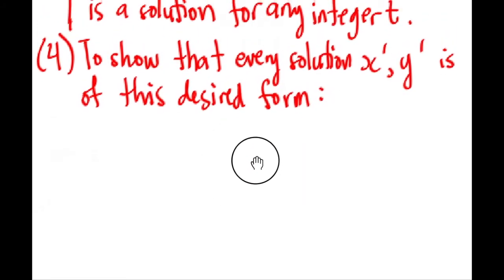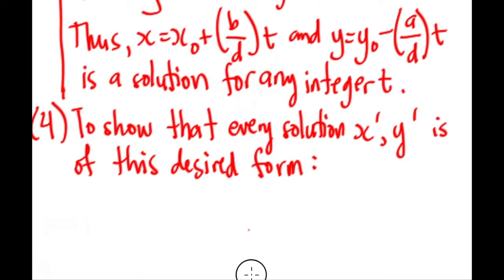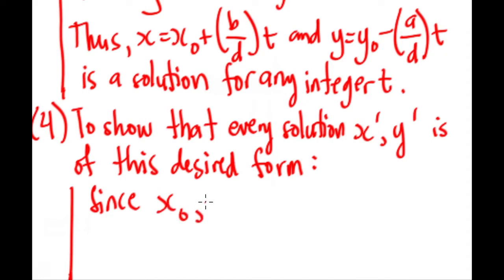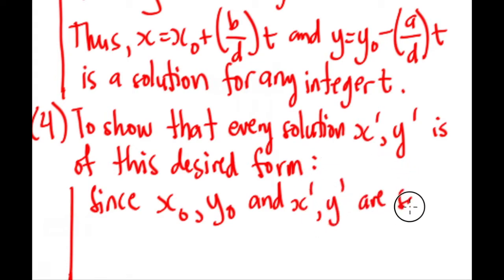What do we mean by desired form? By this form, okay? So for every solution x prime and y prime, it should be on this form. So we will be showing that in this proof. So, since x sub 0, y sub 0, and x prime, y prime are solutions of the LDE,